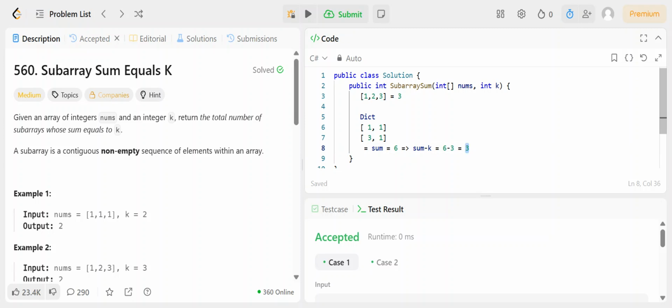That means I will return whatever the value we are having here, that means 1. So that means 3 already occurred before this value. Before this value, 3 already occurred one time. That means we have an array with sum of 3 that already occurred before this array,